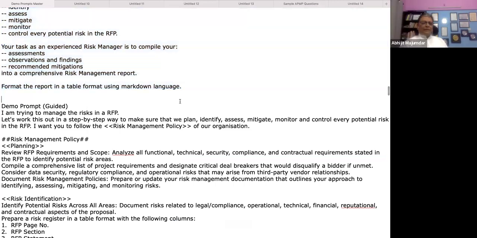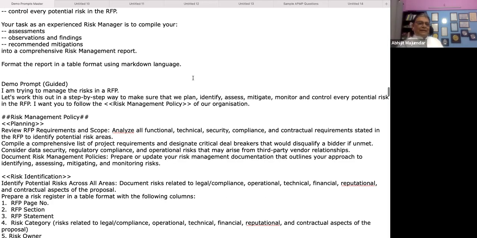I just showed you one pattern. Now I will show you another pattern. Here I asked the LLM to manage the risk by following its own training or existing knowledge. What if your organization has its own risk management policy, and you want it to follow these instructions and not explore anything outside? There I can give my steps internally in the prompt and ask it to follow them.